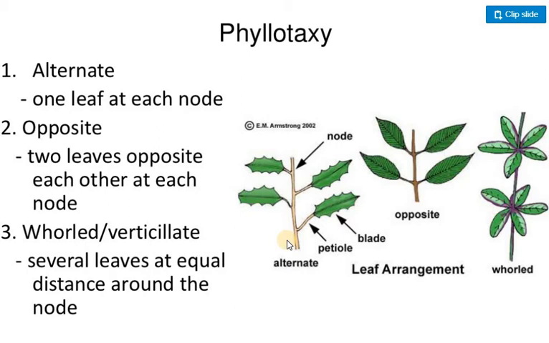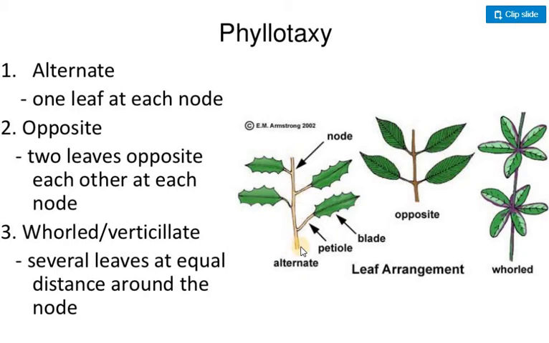So when we speak about phyllotaxy, consider the leaf, whether it is a simple leaf or a compound leaf, and how these leaves are arranged on the stem. See this diagram. This is how leaves are arranged on a stem. You will see them arranged on the nodes. As we know, the point of attachment of leaves to a stem is called a node.